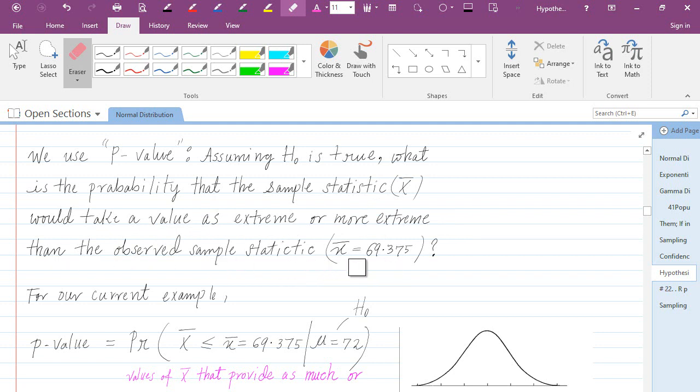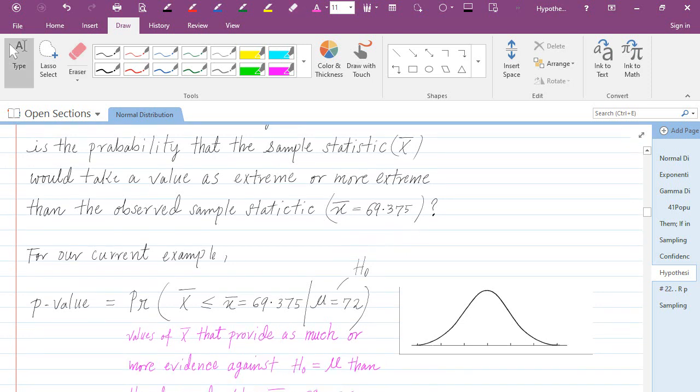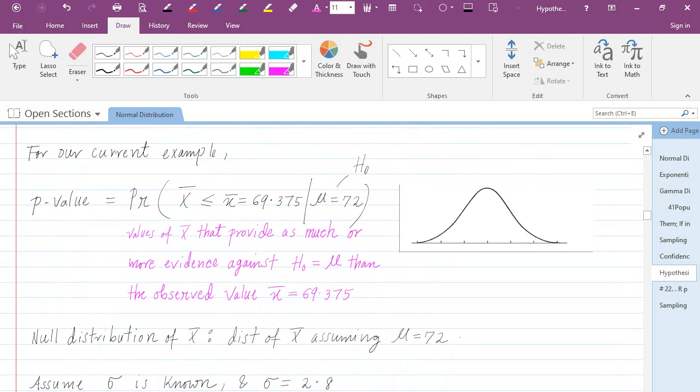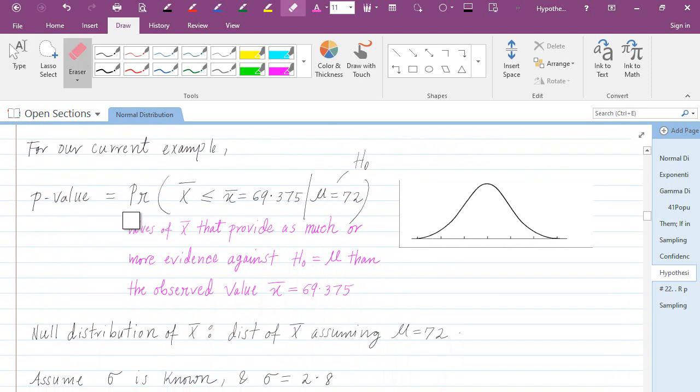So remember, this is the observed sample mean. So what is the probability that the sample statistic would take a value as extreme or more extreme than the observed one? And that probability is called the p-value. So for our current example, what are we asking? For our current example, the p-value would be the probability